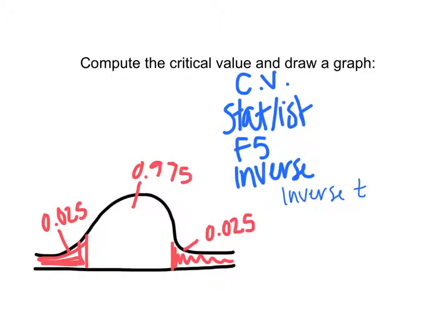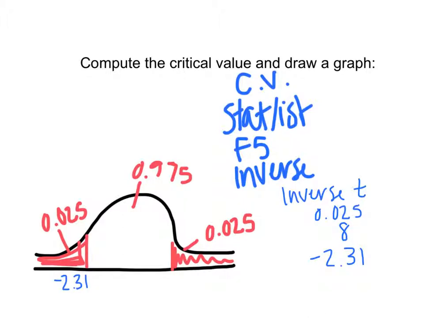So you will put 0.025 in the area, and your degrees of freedom, which is n minus 2, or in our case, 10 minus 2, which equals 8. Press Enter, and you will get the value of negative 2.31, which is your first critical